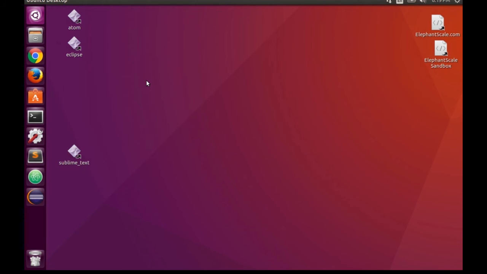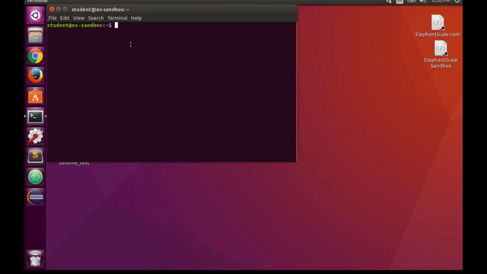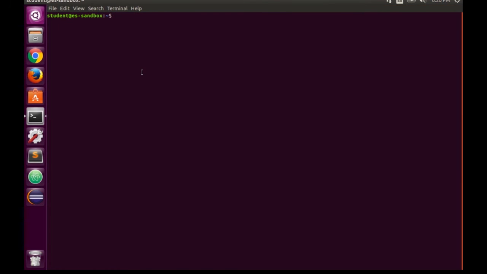We have our Elephant Scale Sandbox started. I'm going to open up a shell window. And one thing I'm going to do is go ahead and install Apache Spark.